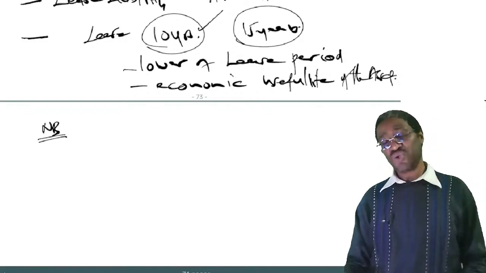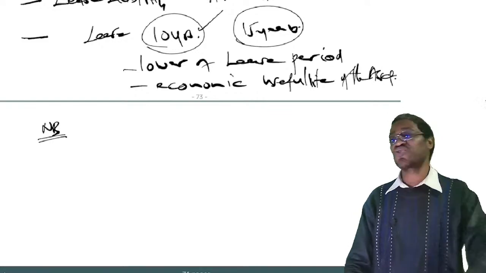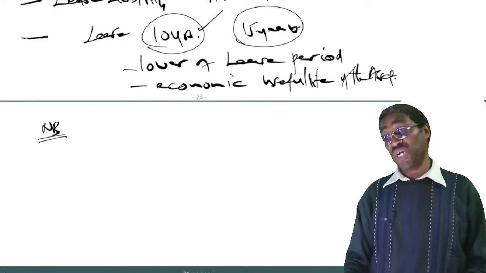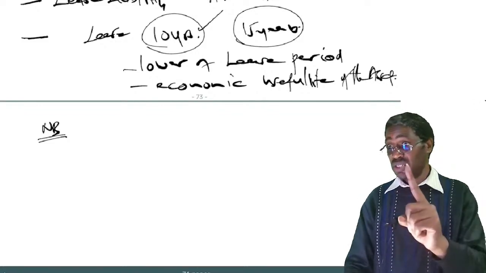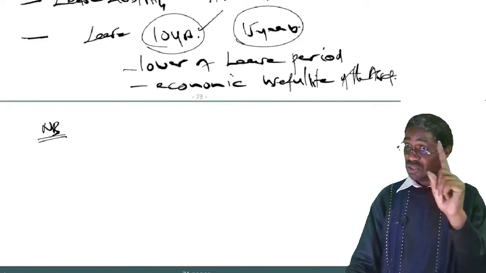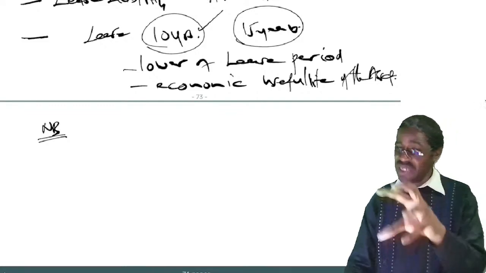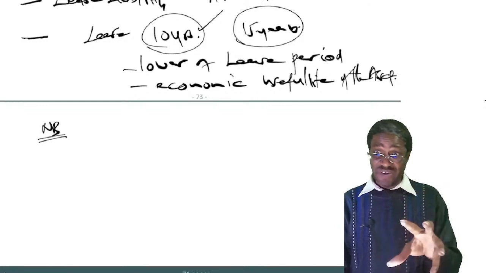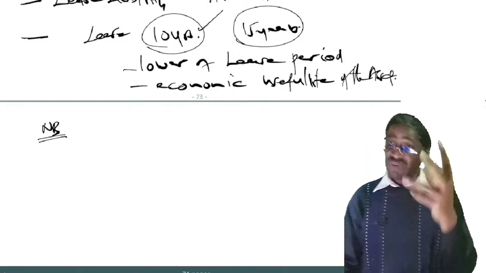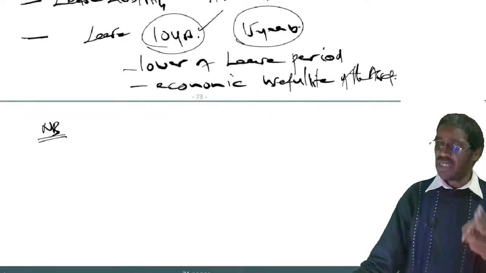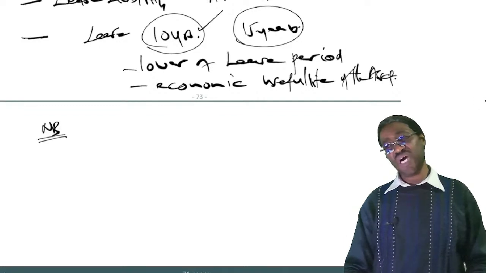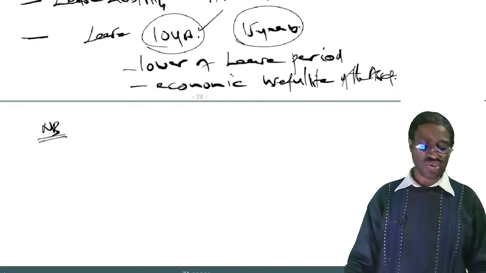Okay? Those are the two conditions. Some questions I've asked you before: under what circumstance should a lease be recognized? Number one, when the lessee has the right to obtain substantially all the economic benefits from the use of the asset. Number two, when the lessee has a right to direct how to use the asset. So let's put down those two notes.